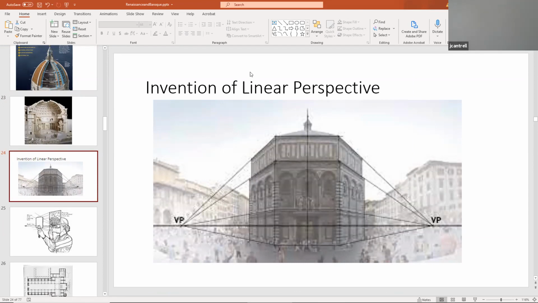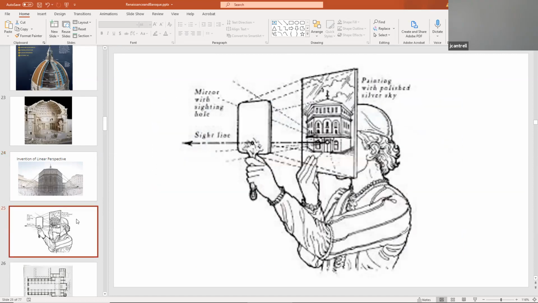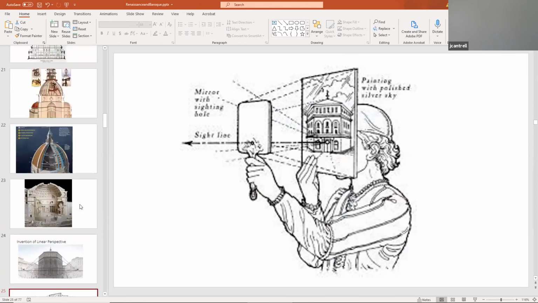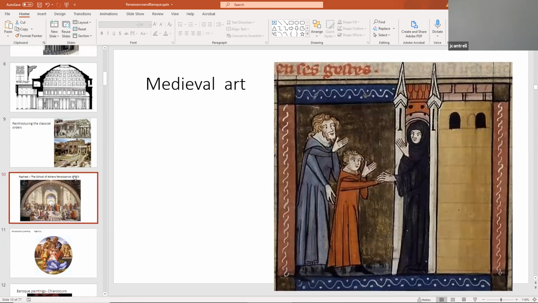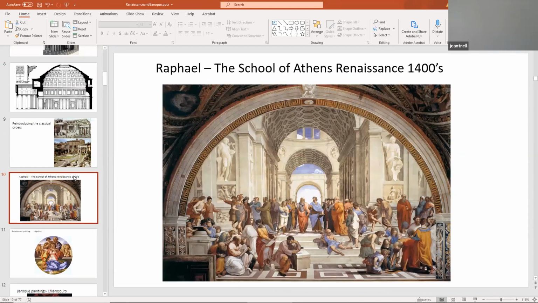So in observing this, this is a huge exhibit for the citizens and townspeople in Florence. He made a little diagram. I'm not really sure I can explain this without having a physical demonstration, but he was able to put a mirror and a piece of glass and prove to people that this is how linear perspective works. And they were absolutely amazed. This revolutionized painting, three-dimensional qualities, perception. So now if you go back up to the difference between this and this, wow, look how three-dimensional and spatial all the paintings can be at this time.